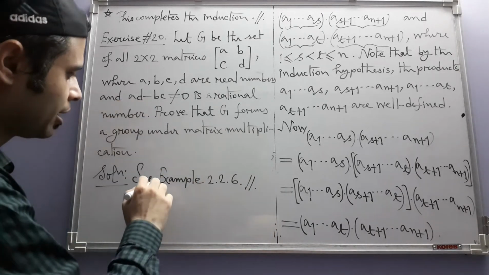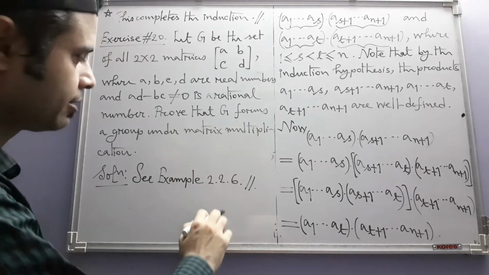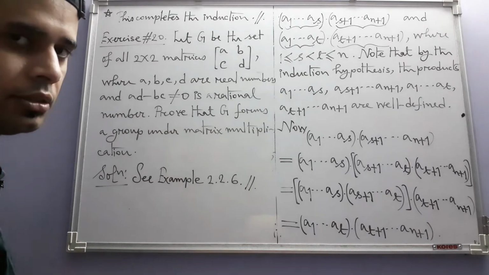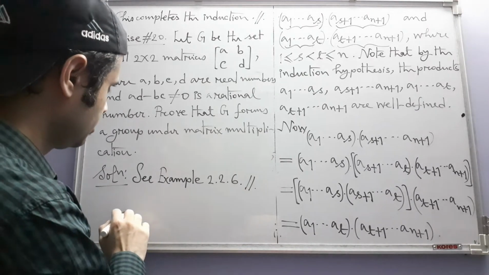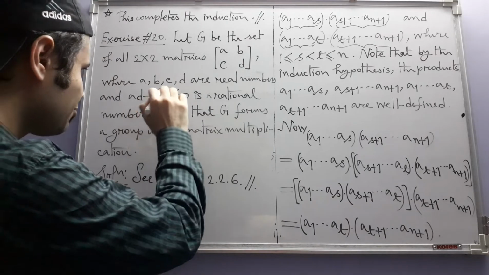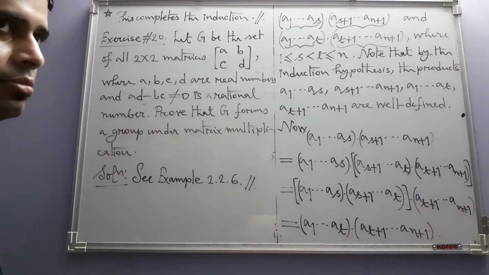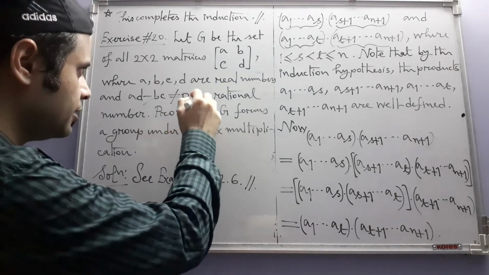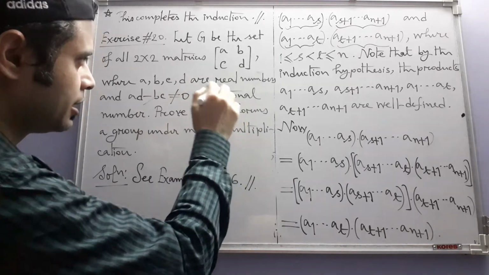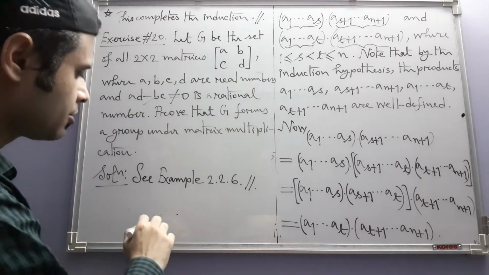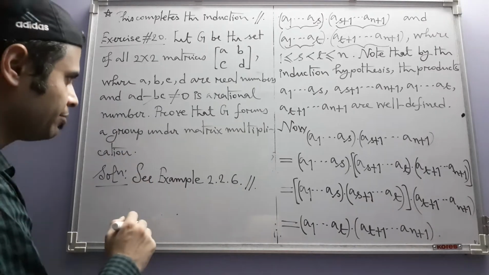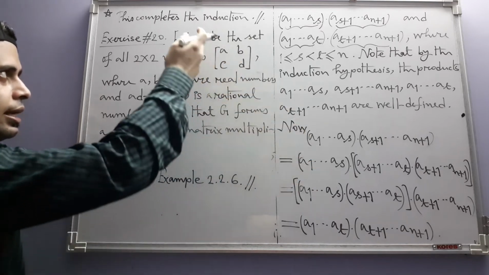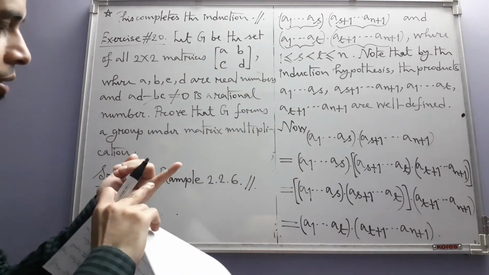There we have seen, while we discussed this example at length, that the determinant of the product is equal to the product of the determinants of the individual factors, and if the individual factors are non-zero, then the determinant is also non-zero because it's a product. Additionally, here the individual factors are not just non-zero, but they are rational numbers, so their product is also a non-zero rational number. That means if we multiply 2 matrices from this set, the result is again a matrix here. That is the first thing.